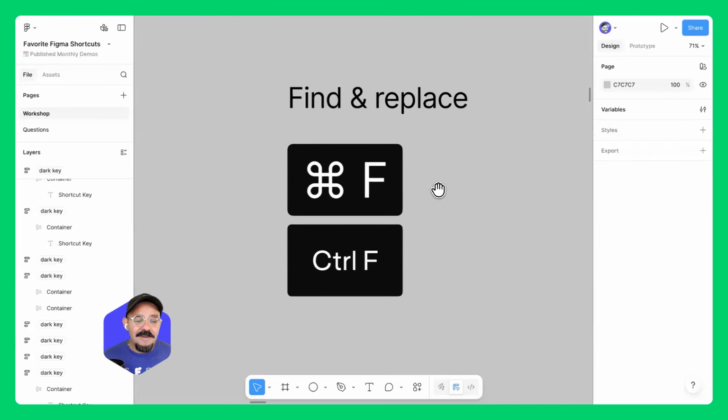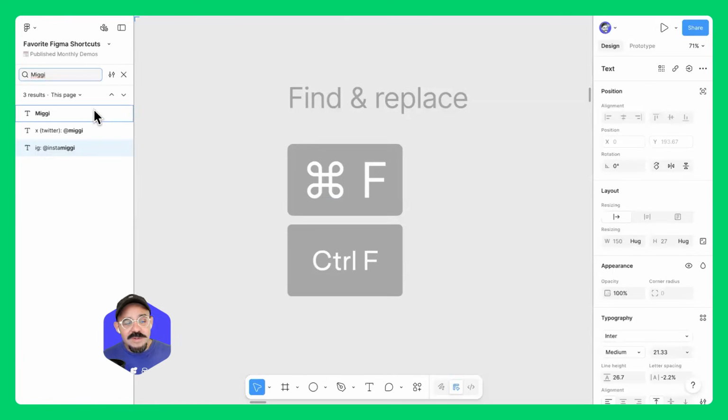Next up, we have find and replace. Find and replace, I feel like, is one of those things in Figma that people don't take that much advantage of, but it is truly something that allows for a lot of control. So let's say I'm in this file, the file can have many pages, or even within this page, I want to find one thing. When I press Command F, this will change the left-hand side of the interface,